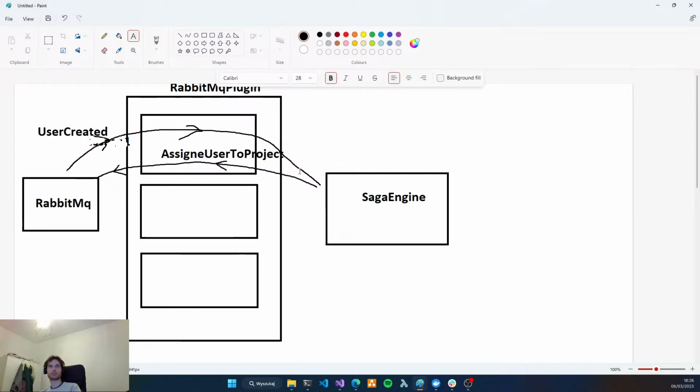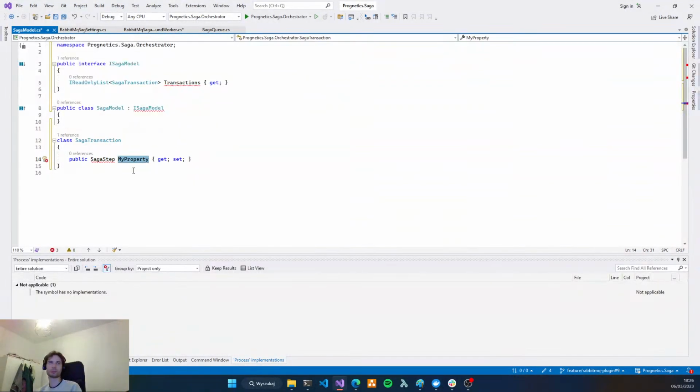We received the message and sent another message and saved that we have a transaction. This transaction has some ID and so on. So I think we can say that this is one step, and this step is divided into a message from RabbitMQ and a message to RabbitMQ or queue.